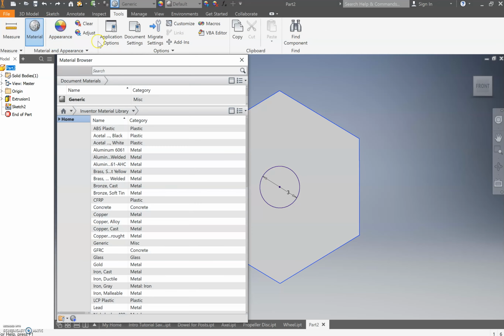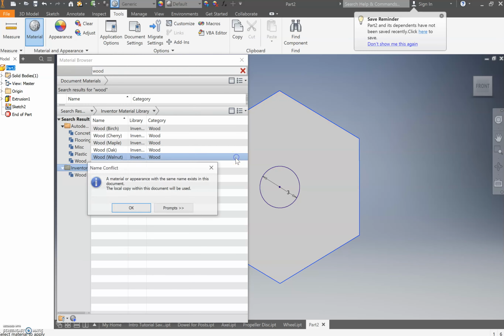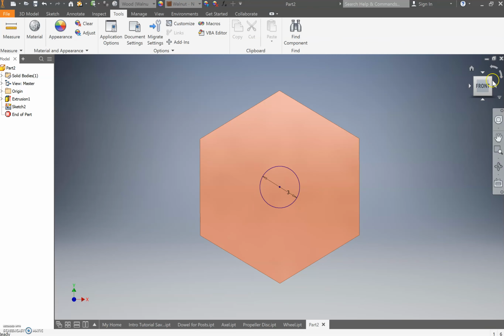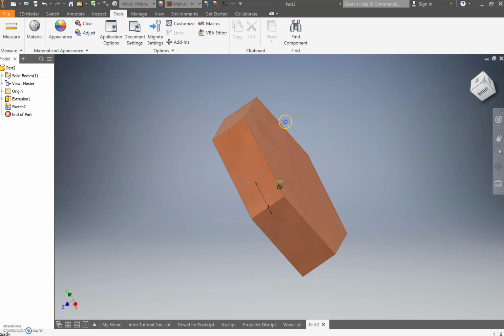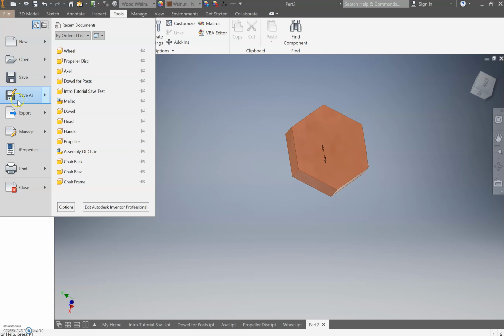I'm going to add a dark material today. So come up and I want you to type in wood. And then I want you to come through and we're just going to choose the walnut. Come through and select and go upload. And go and just click OK. Press the X up here. And you will have a walnut shape. A walnut colored little nut there. Isn't that nice? Don't forget to save it, file, save as,